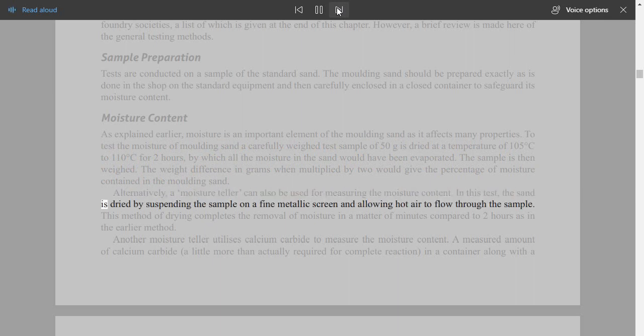Alternatively, a moisture teller can also be used for measuring the moisture content. In this test, the sand is dried by suspending the sample on a fine metallic screen and allowing hot air to flow through the sample. This method of drying completes the removal of moisture in a matter of minutes compared to 2 hours as in the earlier method. Another moisture teller utilizes calcium carbide to measure the moisture content. A measured amount